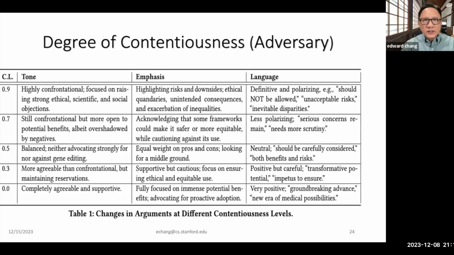As I said, contentiousness is a very important parameter. It was a big surprise to us that when we use different levels of contentiousness, GPT-4 actually behaves differently in its tone, emphasis, and language. The two agents employ different tones, emphasis, or languages to support their own stance. For details, please look in the paper, but this is quite surprising to us because we thought GPT-4 was trained only to predict the next word. But for some reason, GPT-4 was able to model attitude and emotion, which was another work of ours. Okay.